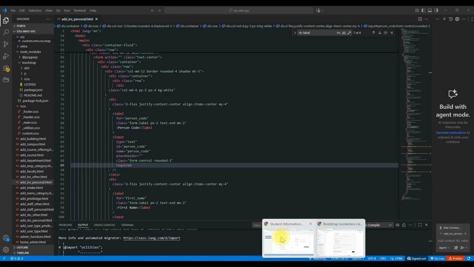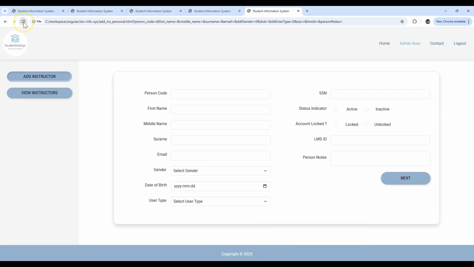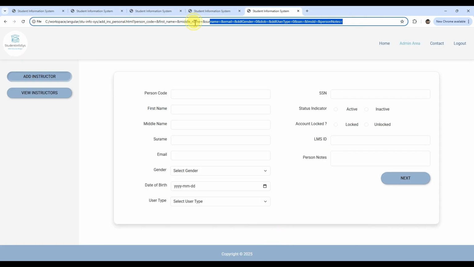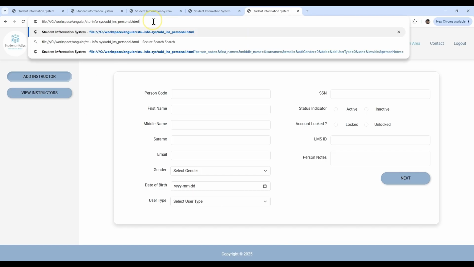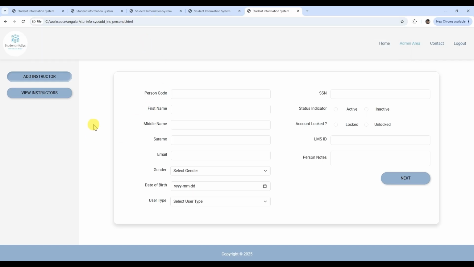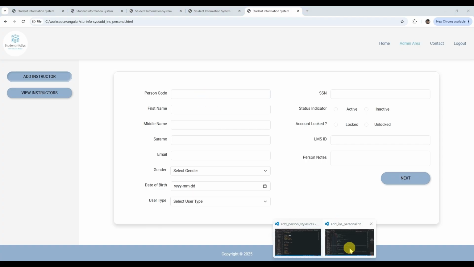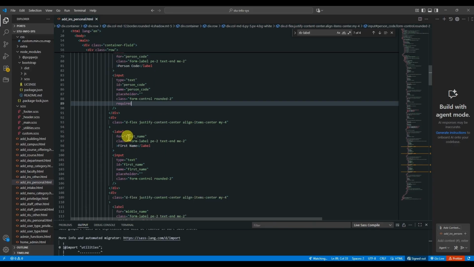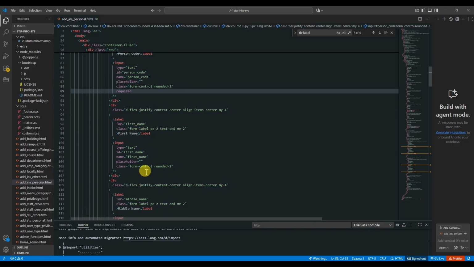let's refresh this again. So I will remove this and press enter, and this form has now refreshed. And if I now press next, it's showing us this default message, please fill out this field. It's only showing for this person code, and if we add the required to the next field, the first name input,